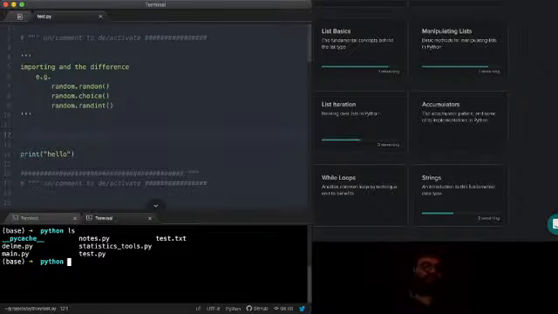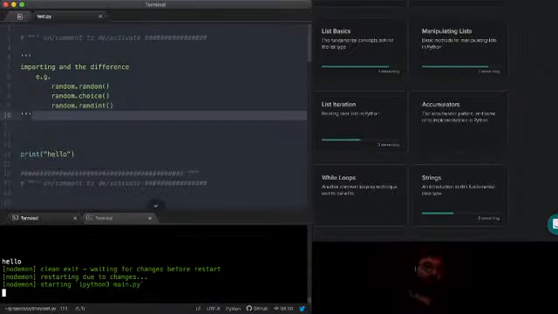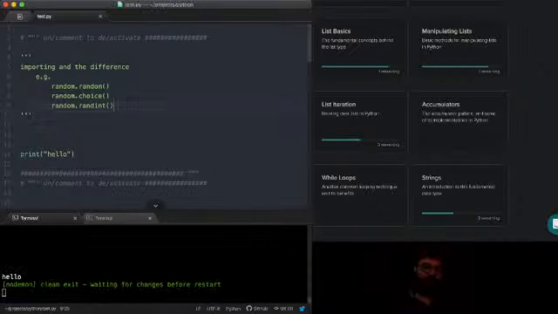So let's look at main.py. Some of you might notice, when I'm working in my little environment here, you'll see my code run automatically down in this terminal.